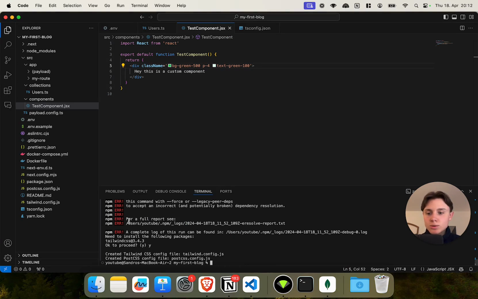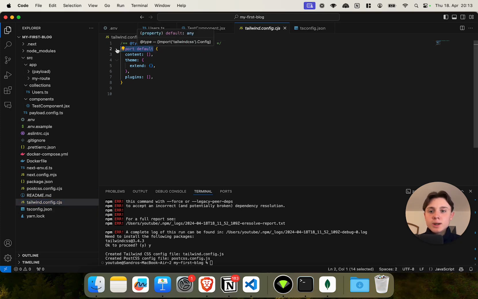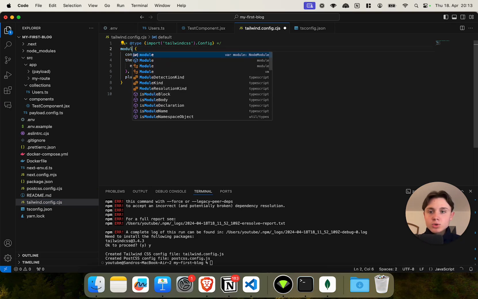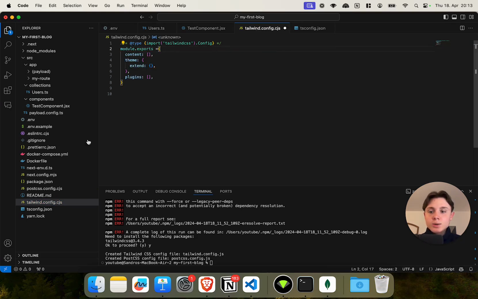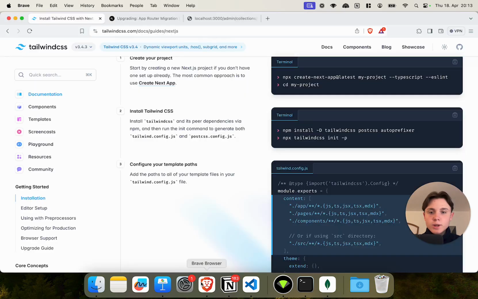When this is installed, I will have to do a little bit of hacking. We will have to rename the postcss.config file from JS to CJS, and we have to do the same thing with the Tailwind config file. And also we have to replace export default with module.exports = in both files, because otherwise we will get an error with ESM. The last thing that we have to do here,